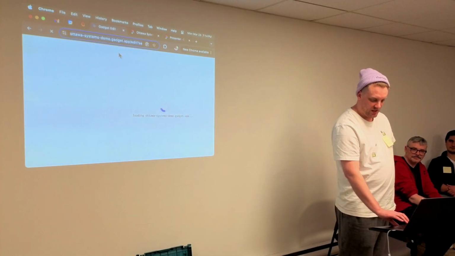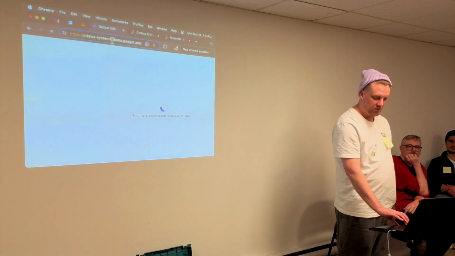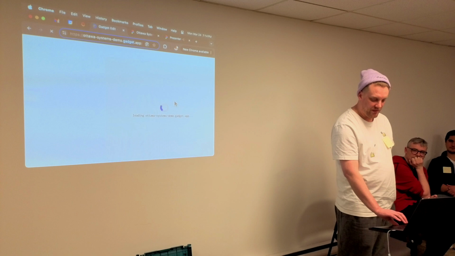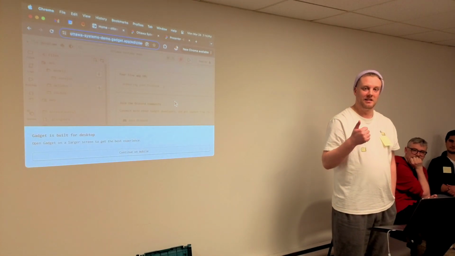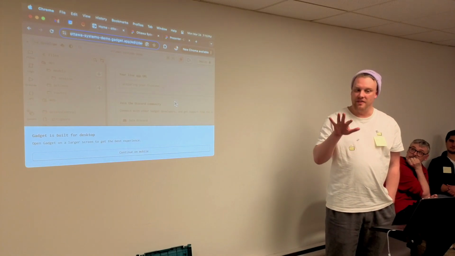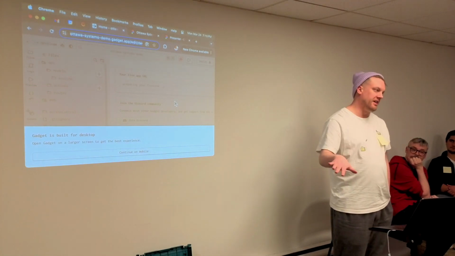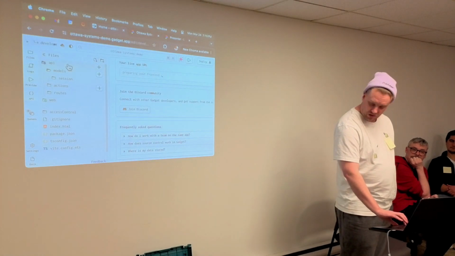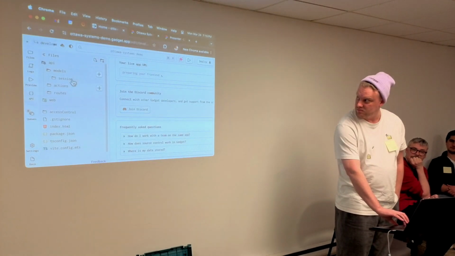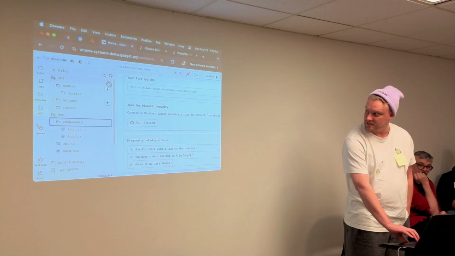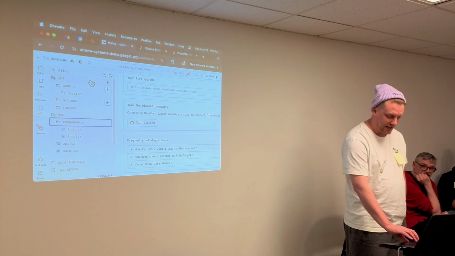What this does is it goes off and makes me an app. I get my own little URL for my app, ottawasystemsdemo.gadget.app. And behind the scenes, Gadget's provisioning me a back-end, front-end, and database to store stuff, and then duplicating that in a development environment and a production environment. So if I just look over here, I get this file system where I can manage my application. I have a web folder for my front end, some React stuff, an API folder for my back end,